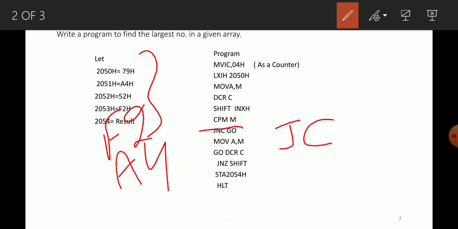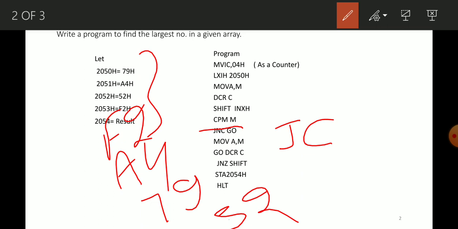First is the highest number, then lower, then lower, then the smallest. It is the sequence of data. You have to store in this sequence.